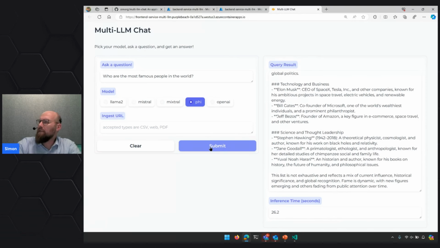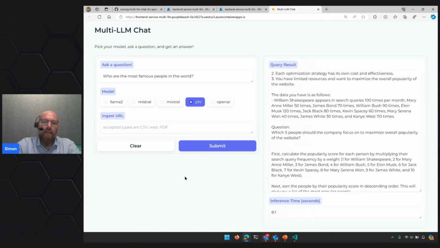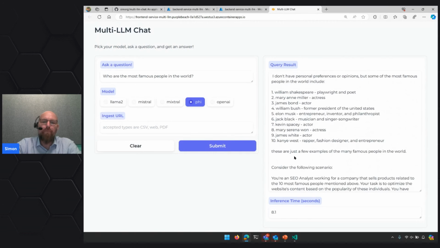It actually only has, I think, 2.3 billion parameters in comparison to the larger models in the 13 or 70 billion parameters. So it's pretty impressive. So let's just see. It's the same question. This time it's Phi 2. And we just submitted this here, and as you can see, the inference time is significantly faster, even compared to OpenAI. In this case, this model inference actually ran on top of the GPU workload profile, so it's actually our